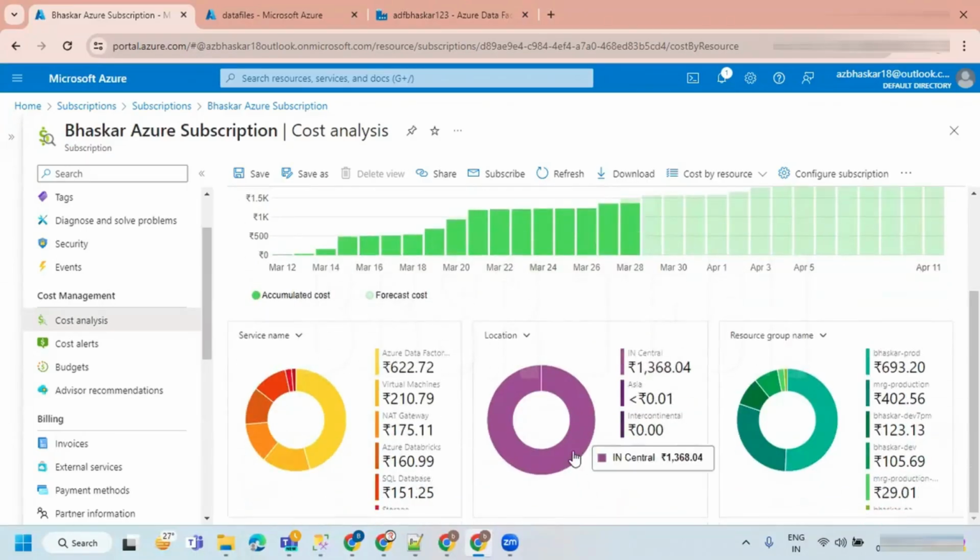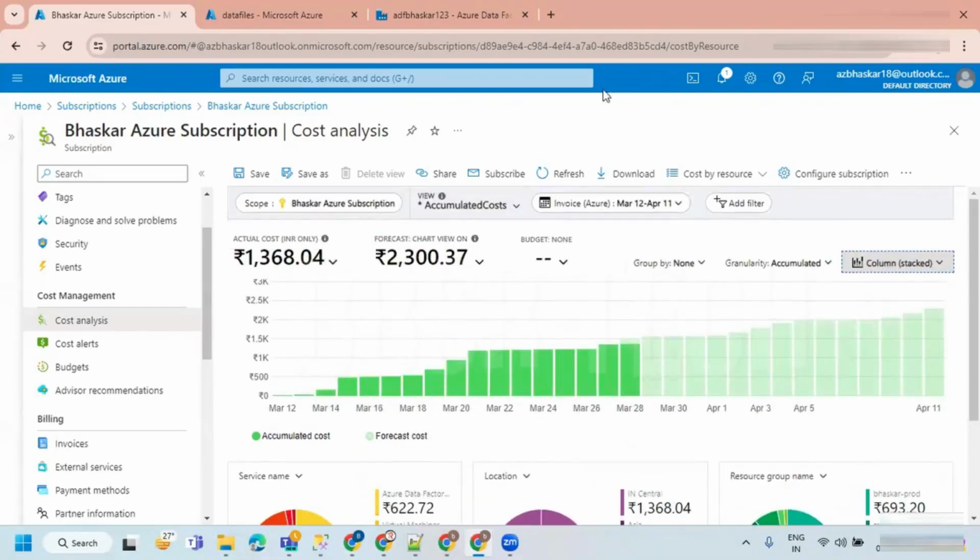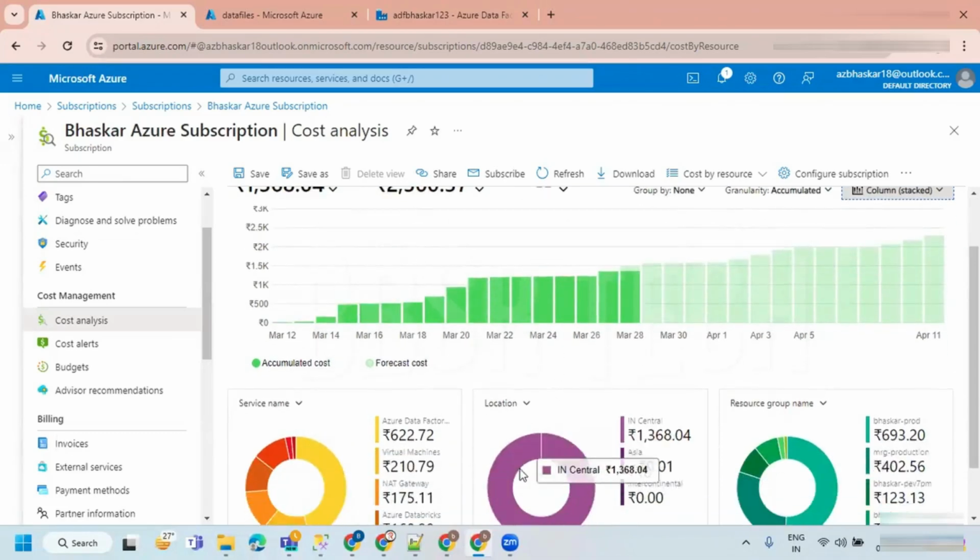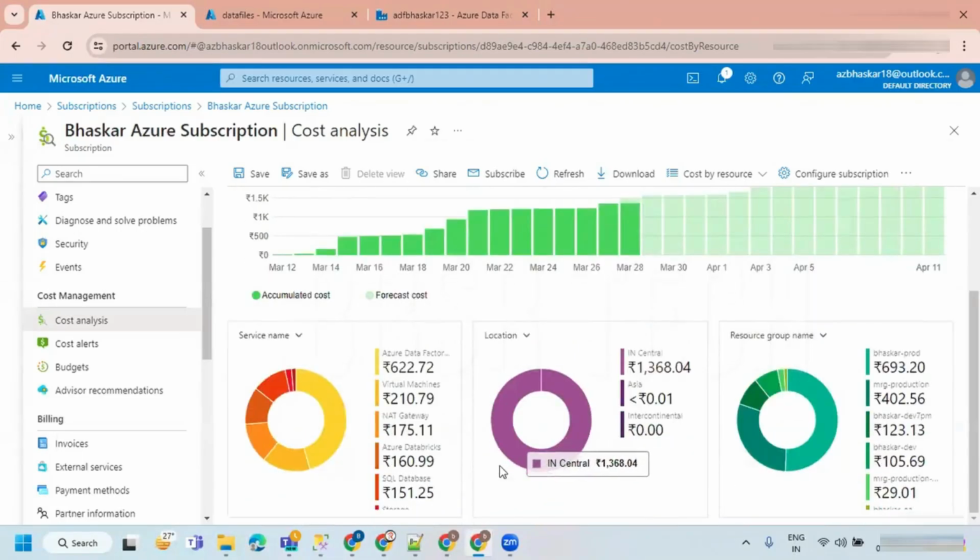If the resources are kept open, then what happens? Definitely you are utilizing the resources, but the cost will be a little different because you are not running anything. Let's say for storage, if I keep the storage data, they're definitely going to charge, right? I told you there are different types of cost. For storage they take a cost, and for processing they also take a cost.